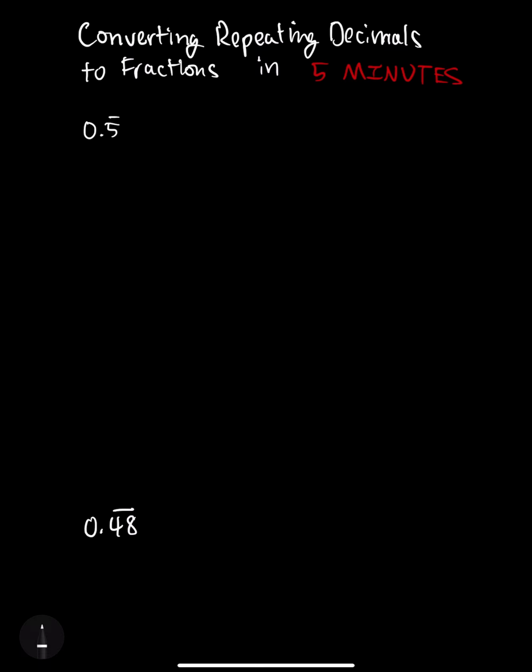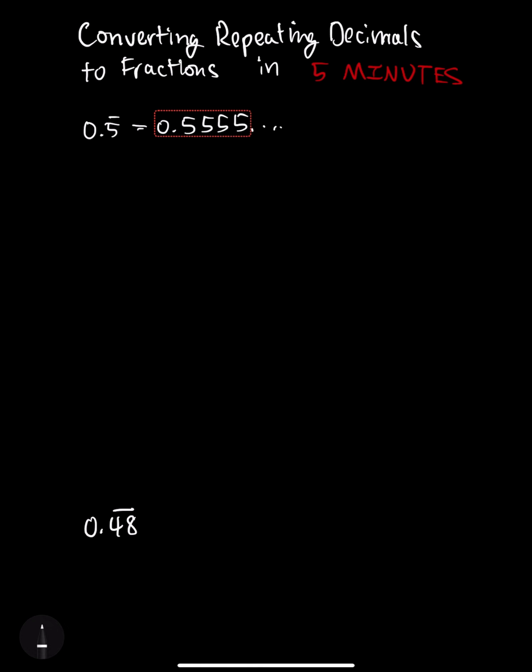So sometimes this can be a confusing topic for most students, but I'm going to break it down for you step by step. Okay, so this first problem we have 0.5 repeating, and basically that is 0.555..., and the dot dot dot just means that the 5 is going to keep repeating forever and ever. And so in order to convert this into a fraction, the first step that we need to do is